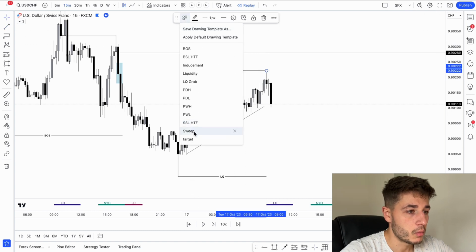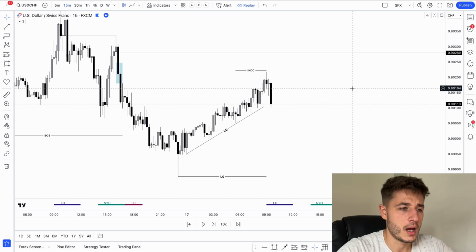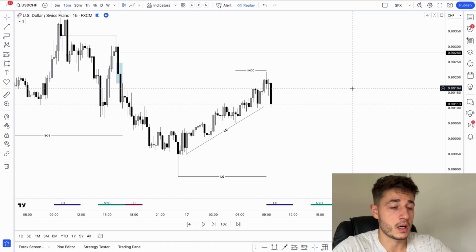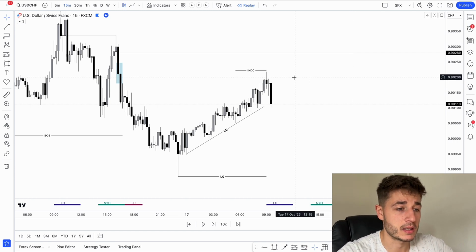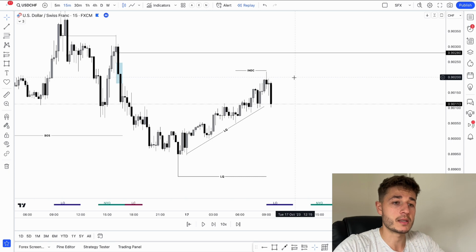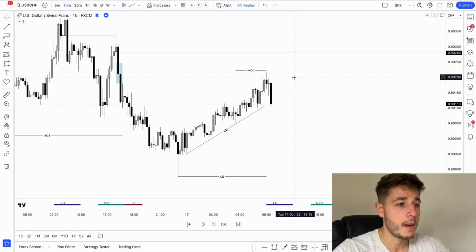Okay, we have inducement. So what is inducement? Basically it is a smart money trap, right? Everyone that trades smart money concepts knows it. Inducement is basically having stop losses, because what the market does is trick you that price is actually going to reject at a certain level, whatever the case may be, but it doesn't. So it tricks you into going in and being impatient, and a few minutes later, boom, you're raided,